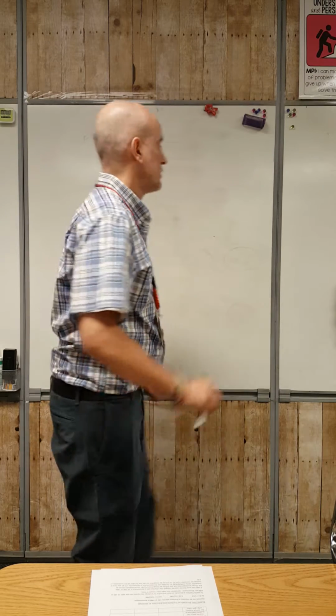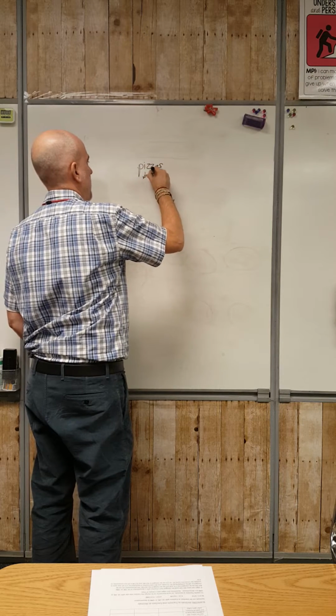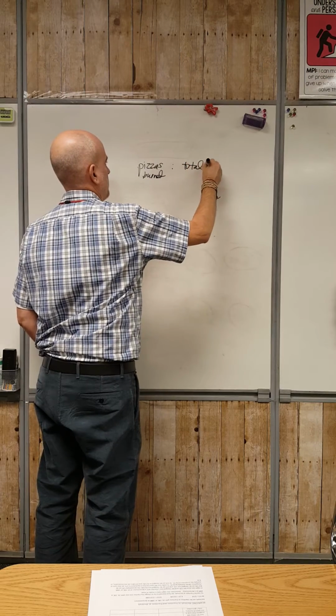Here we're looking at the Krusty Pizza Company, and they're testing out some new pizza ovens. And it says during 1 hour, 20 pizzas are put into the ovens, and 2 got burned so badly that they couldn't be sold. So the question asks, what is the ratio of pizzas burned to the total pizzas put in the oven? So if I look at this, pizzas burned to total pizzas